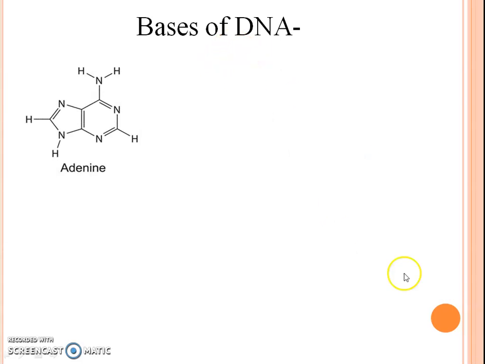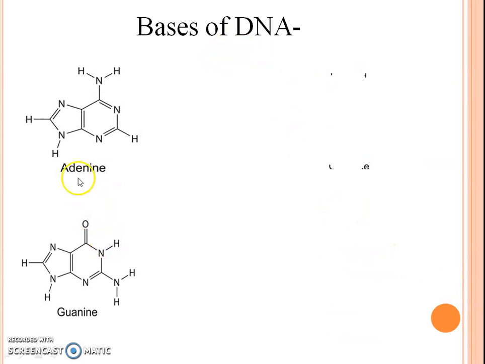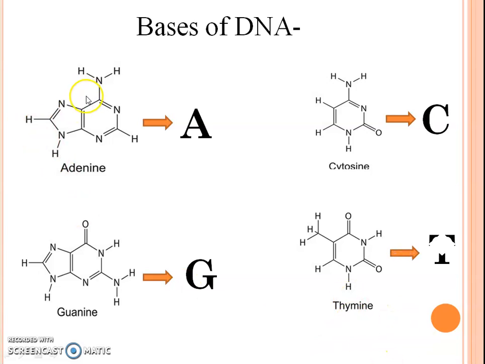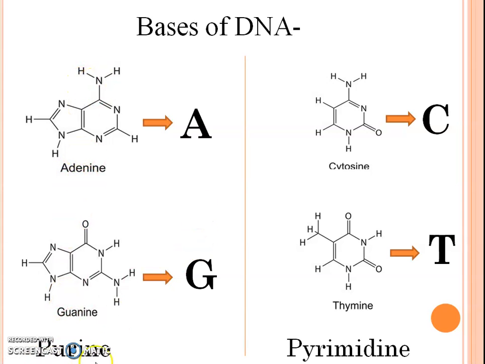What type of bases are found in the DNA molecule? We see adenine, guanine, cytosine, and thymine. Adenine is denoted as A, guanine G, cytosine C, and thymine T. These two nitrogenous bases, adenine and guanine, are called purines, and these two, cytosine and thymine, are grouped under pyrimidines, a group